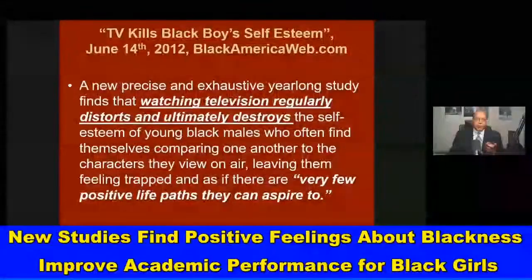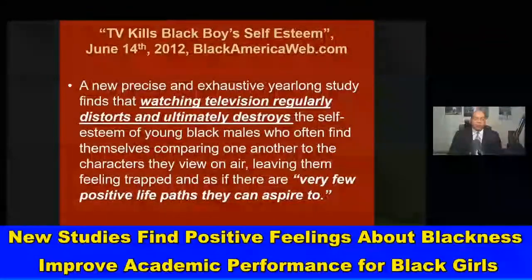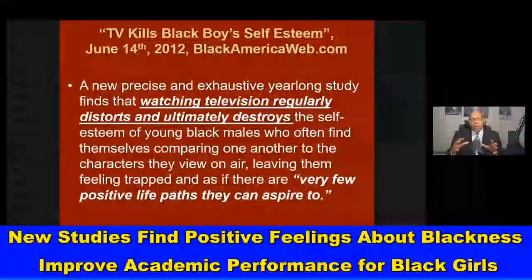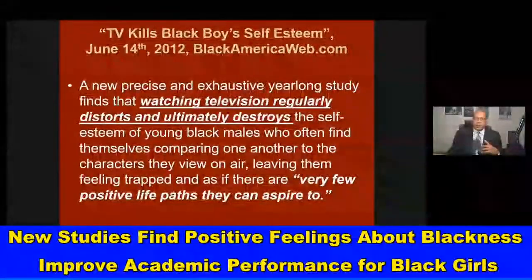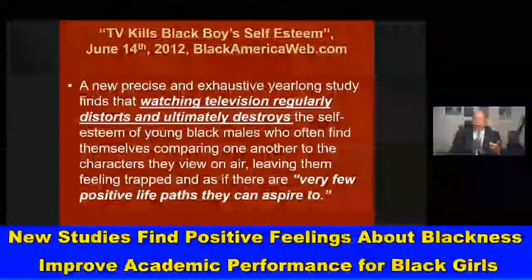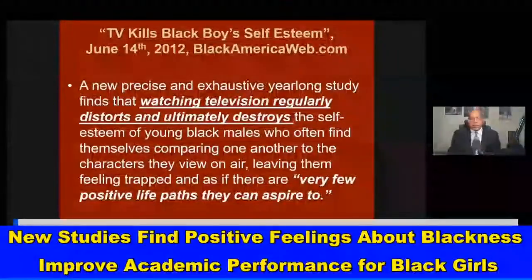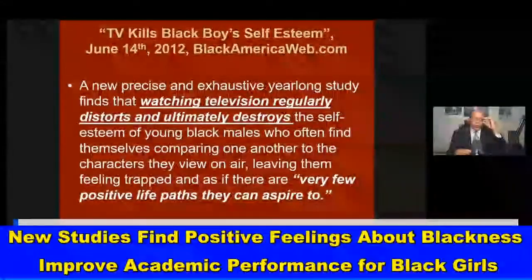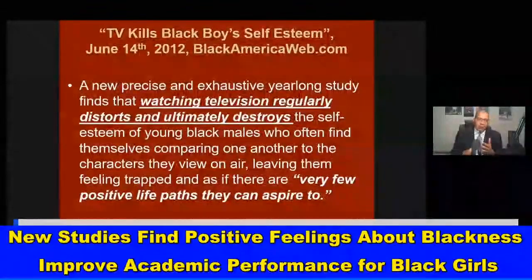Now, this article here from blackamericaweb.com from 2012 dealt with a study that showed how TV watching kills black boys' self-esteem. Excessive TV watching kills black boys' self-esteem. A new, precise, and exhaustive year-long study finds that watching television regularly distorts and ultimately destroys the self-esteem of young black males,